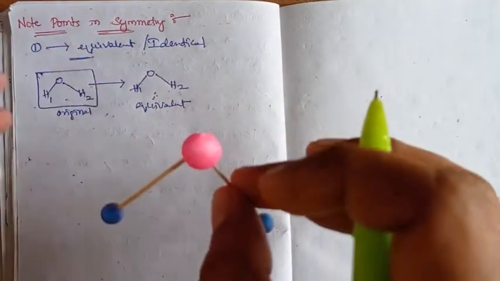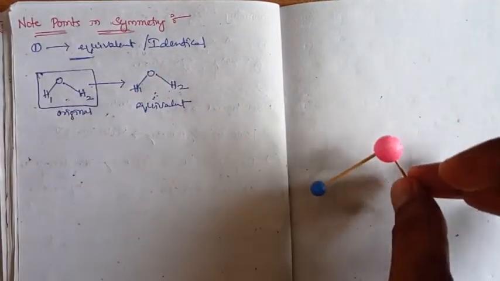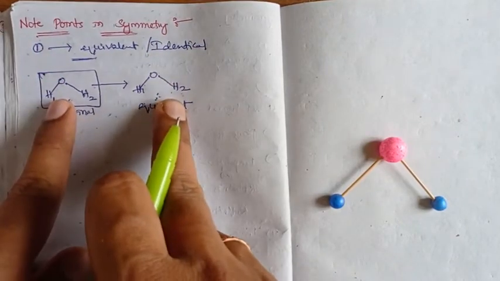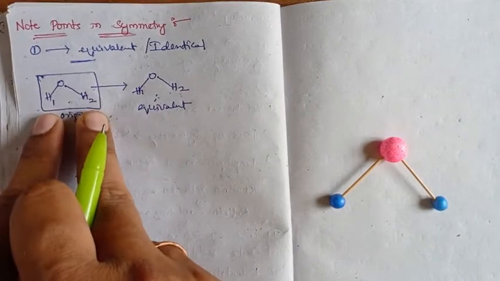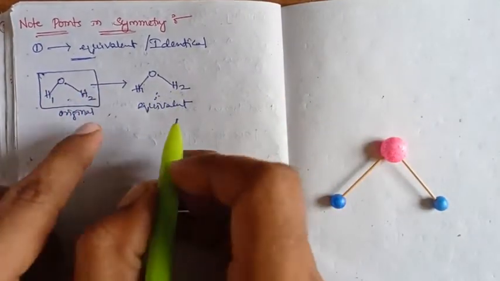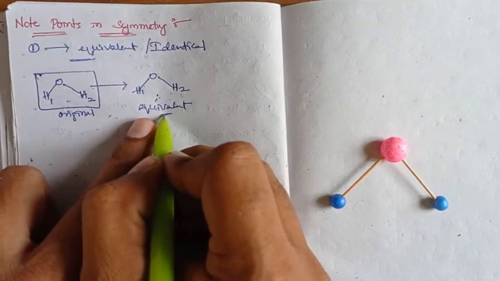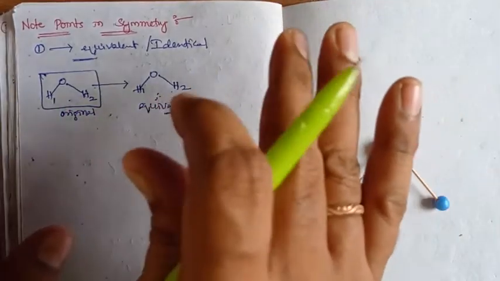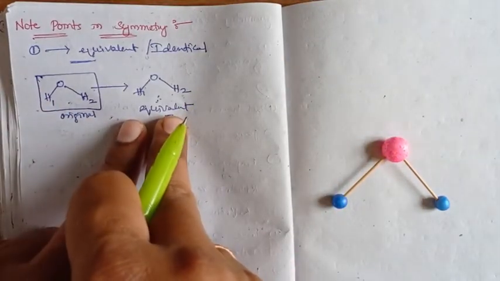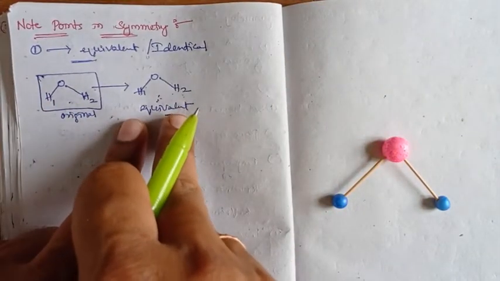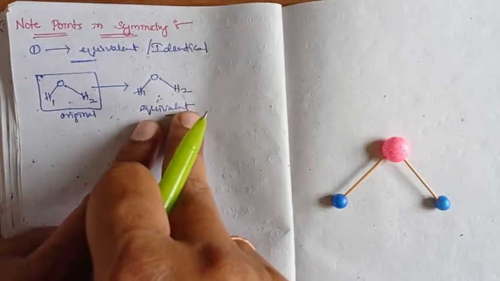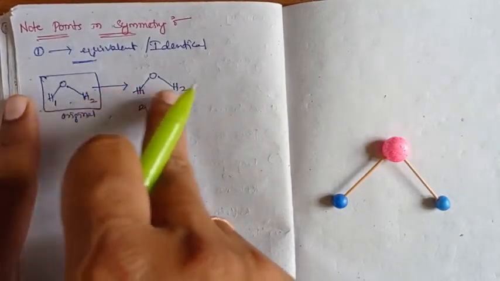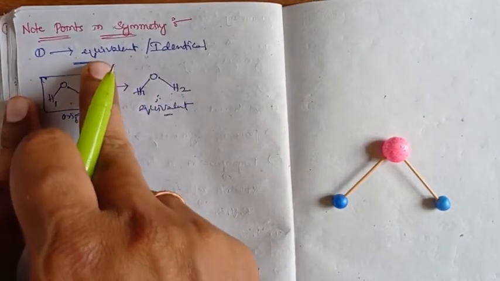So this change suggests that the two configurations are different, and the generated configuration is slightly different from the original configuration. This simple change makes the generated configuration equivalent, not identical. Whatever it may be, we got the equivalent configuration. How did we get this equivalent configuration? Is the atom position changed? No, that is the first statement.